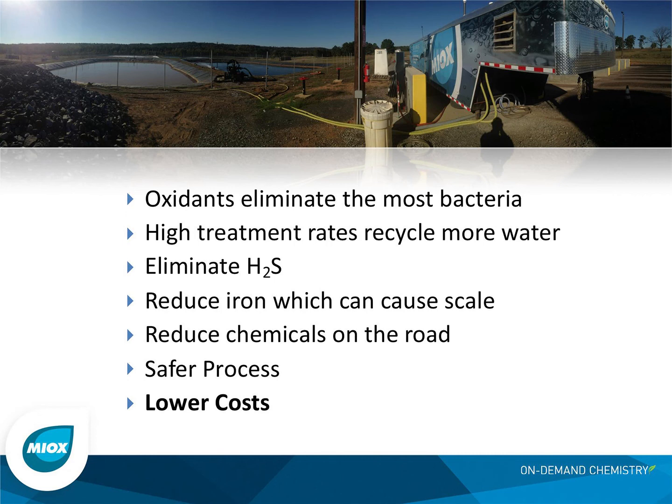Okay, all right, I got a question. This one I'm going to divert to you, Sue: what's the applicability and application method for using MIOX technology to reduce BOD, COD, and/or TOC in produced water? That's a very good question, and it really is dependent on the makeup of your BOD and your COD. Most of the experience we have in this area is from municipal wastewaters, and so we can only extrapolate a certain amount of that type of information for what would happen in a particular oil field scenario. So for the most part, a rule of thumb, and it's just a rule of thumb from municipal wastewater, is that it typically can